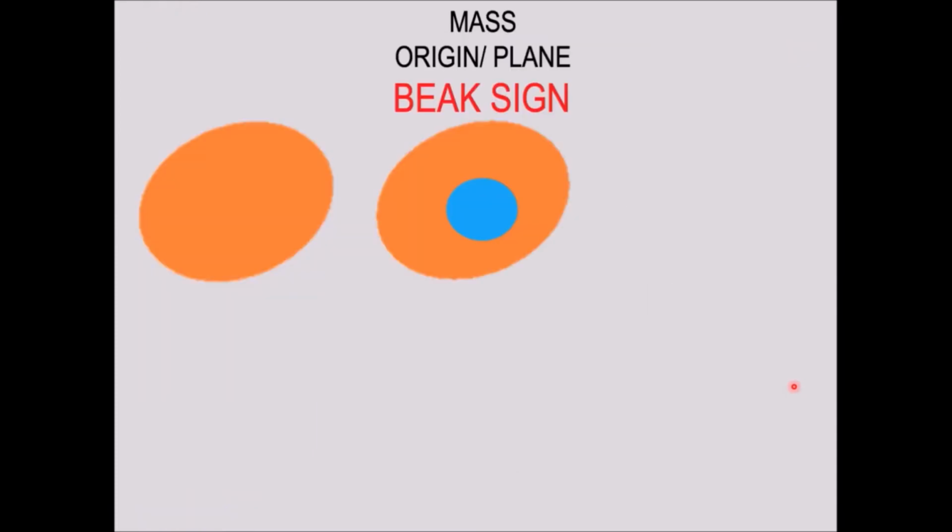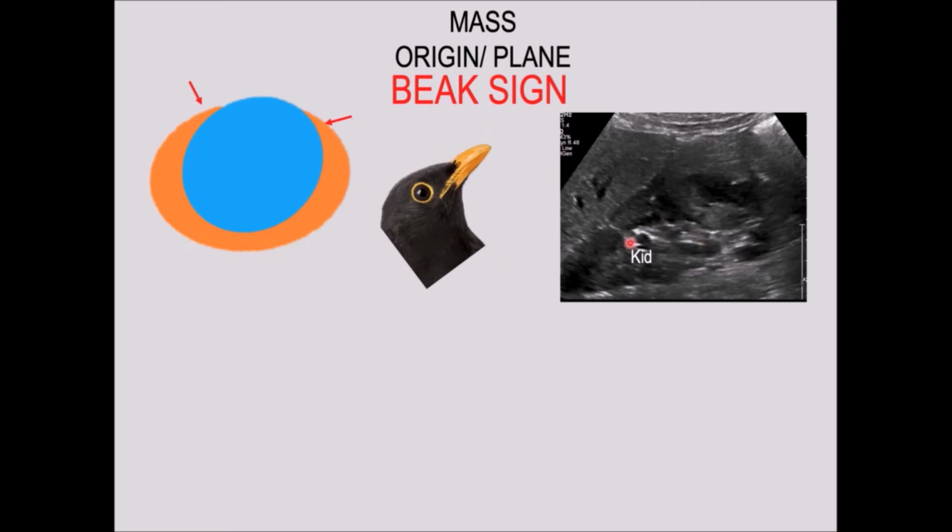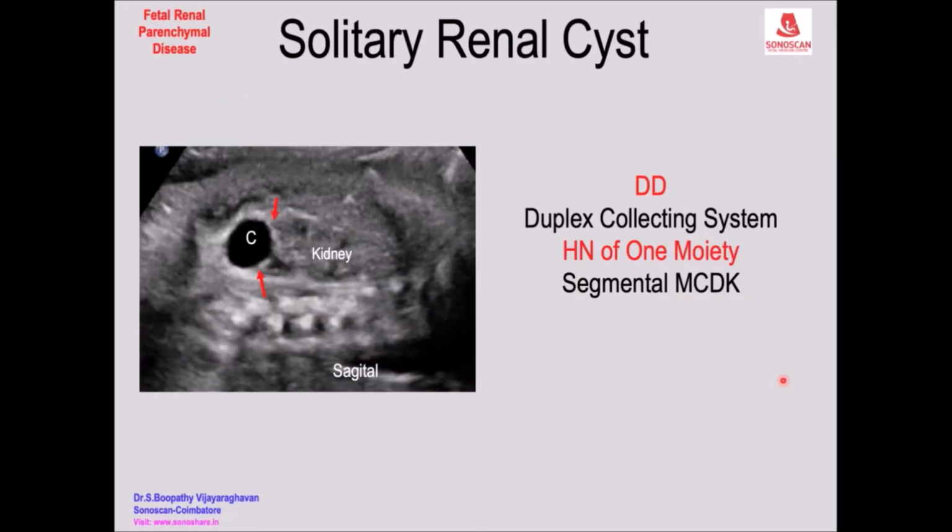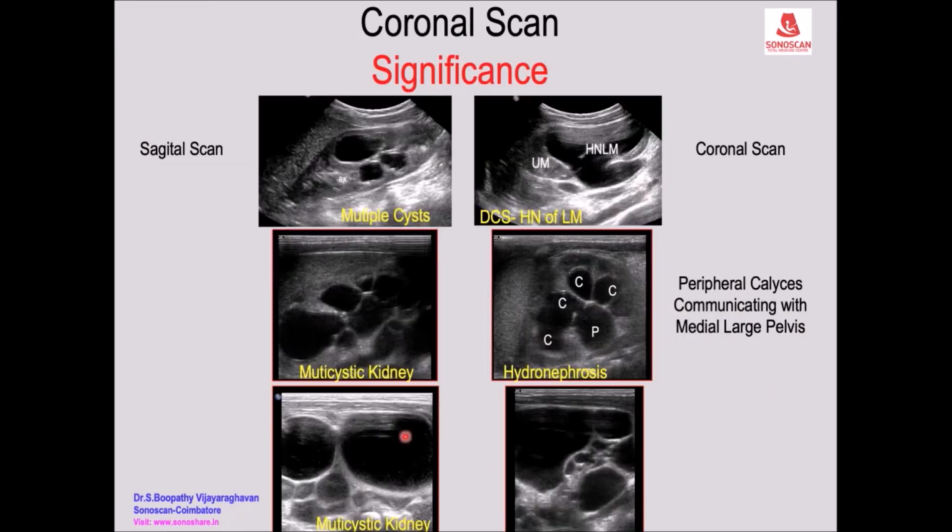So what is the beak sign? When there is an organ, and this is an adult kidney, and you see a mass here, you see the extension of the compressed normal renal parenchyma as a beak extending over the mass. Or it can be segmental multicystic dysplastic kidney, where it is starting as a single cyst, or it can be an extrarenal cyst. In the coronal scan also, the appearance remains the same,